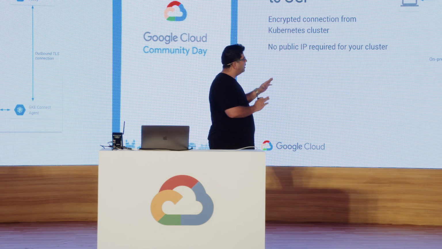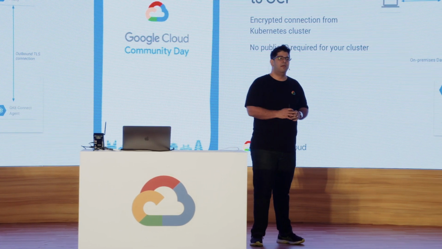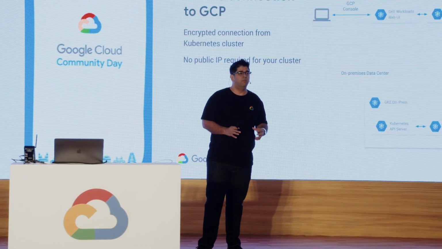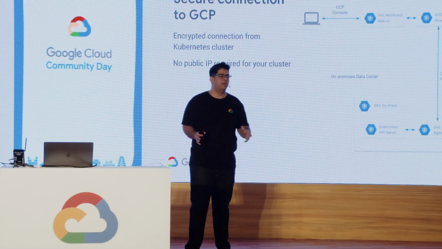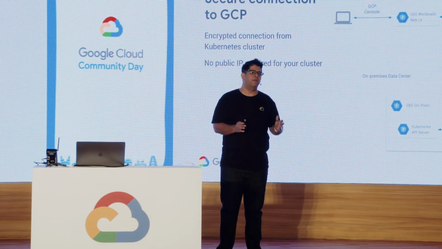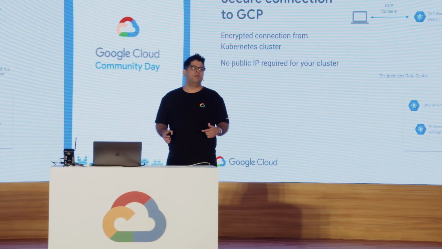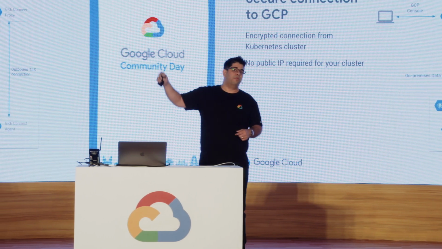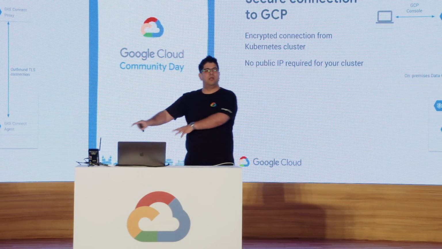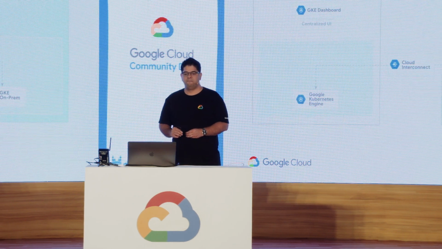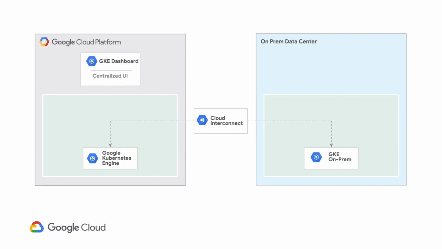Now the cool thing about this being an outbound connection means that you don't need to expose your on-prem infrastructure with an external or a static IP address. It can be NATed all the way through, but it's just that it's an outbound connection, so it's able to do things like on the Cloud Console, you can provision more clusters, you can push out Kubernetes upgrades, and so on. So that's it. This is the start of our diagram.